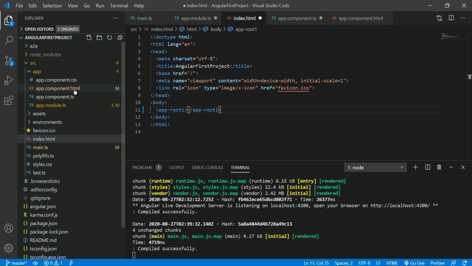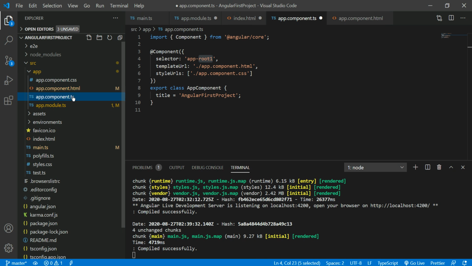If you leave it as app root only, the browser is unable to find the selector. Where is the app root one? So make sure it is the same.